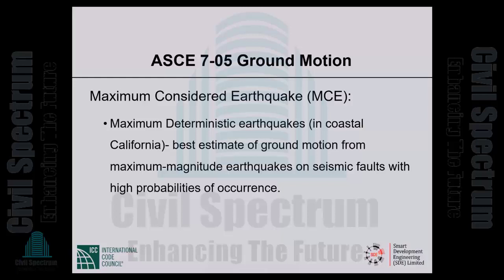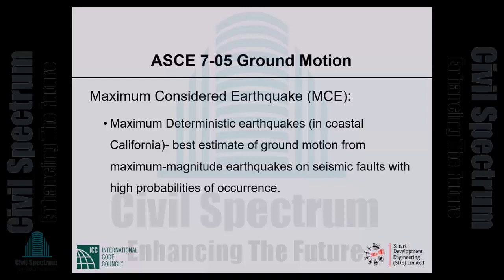So, coastal California, this is probably not directly relevant, but I would like you to refer back to ASC 705, and I have taken a lot of trouble so that you'll be able to go back and forth easily between ASC 705 and BNBC. I think that gives you a lot more flexibility. ASC 705 has commentary that you can look up. There is support literature and so forth. Anyway,